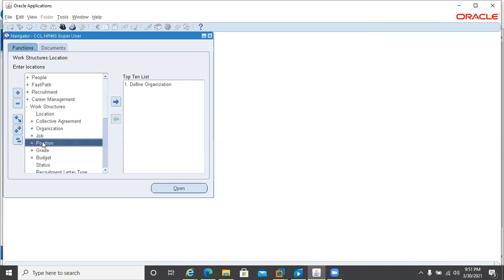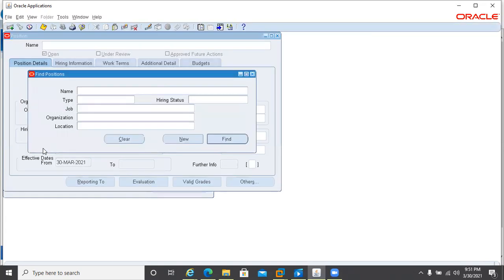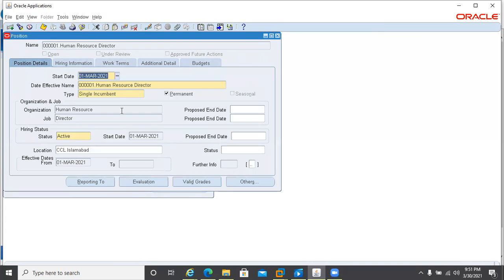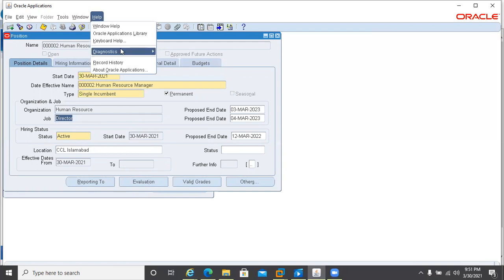What does FND mean? That is one of the profiles basically. As I mentioned, there are a lot of profiles. More than 1,000 profiles are there, and every profile has a different functionality. So what I was trying to do, I was clicking on help and going into examine field. That is a pop-up window. But because that profile option was not enabled, I was unable to open that. Now let's see if it will allow me or not.